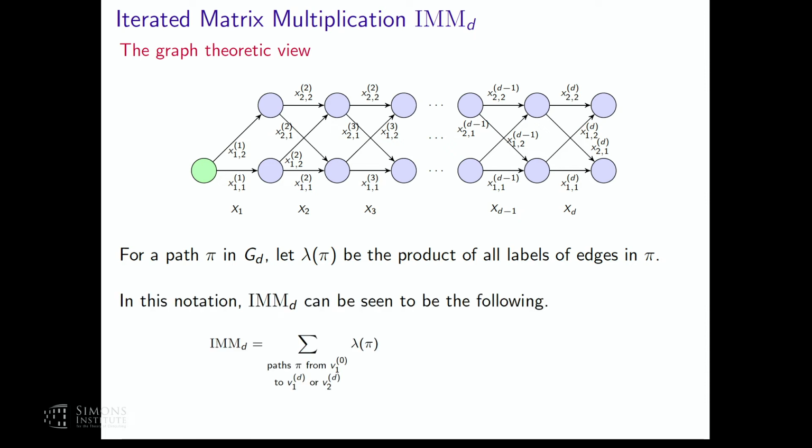So it's easy to see that the IMM version that we defined, which is the sum of the first two rows of the product matrix, is simply the product of the path labels summed over both the possibilities of the sinks. This graph theoretic view will somehow help us. And if I open it up, it will tell you exactly what path I take, opening up pi, and then we sum over all these things.